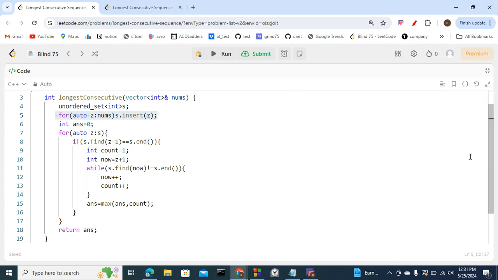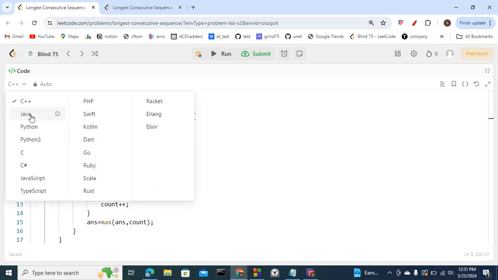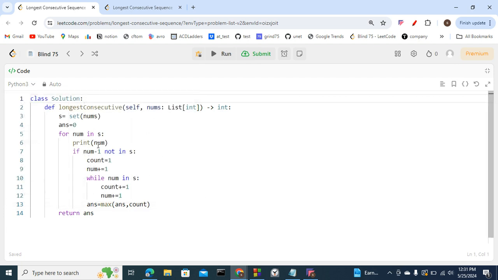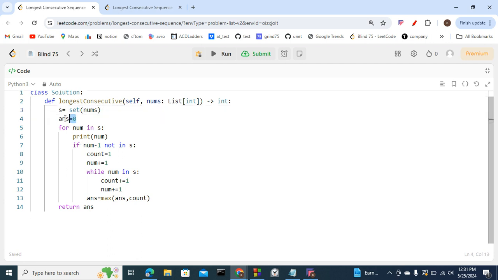Okay, the same approach is taken for Python. What we have done is, we have taken a set. Here this set is equivalent to the other set we have taken in C++, and the array elements are converted into the set. Now initially we are taking answer equals 0. Now we are traversing each element of this set, again using the same logic: if the previous element, num minus 1, is not in the set,